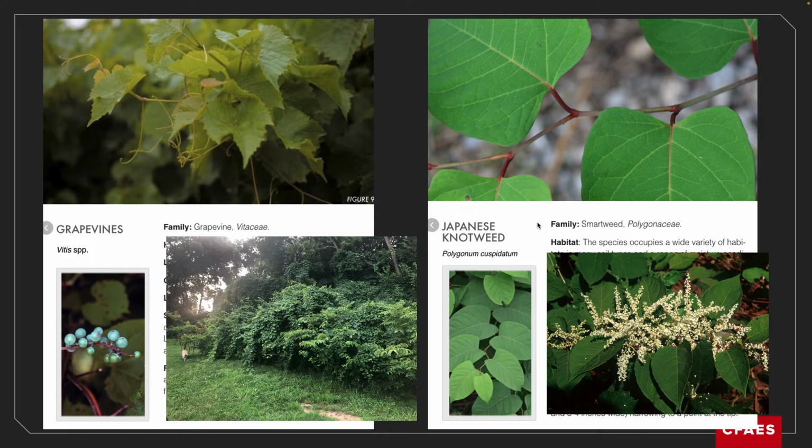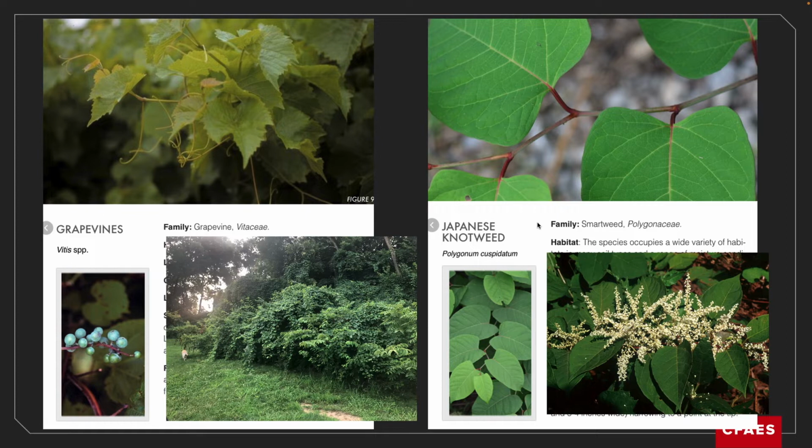That's not to be confused with wild grape, which is what that photo is showing on that whole spread on the left. That photo on the bottom right, wild grape's a vine that overtakes roads or wooded areas and is really problematic, but actually is not on the noxious weed list.